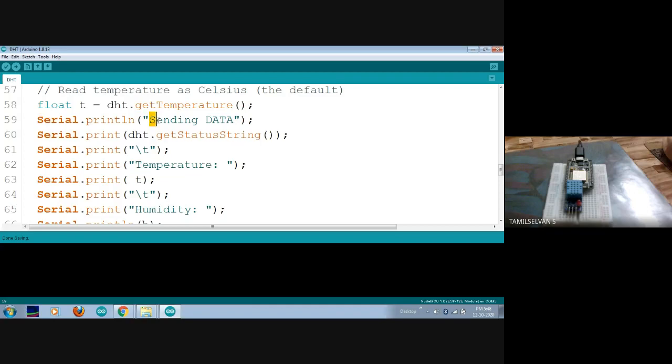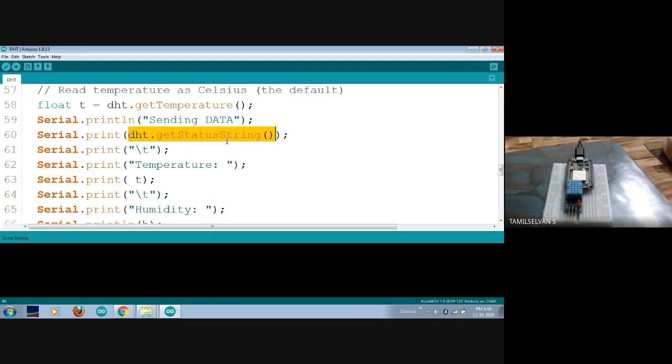The first line will mention sending the data to the cloud. dht.getStatusString will tell me whether my sensor has successfully read the temperature or not. If the sensor is not connected at all, it will tell what exactly the error is.